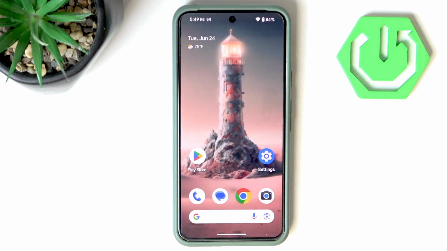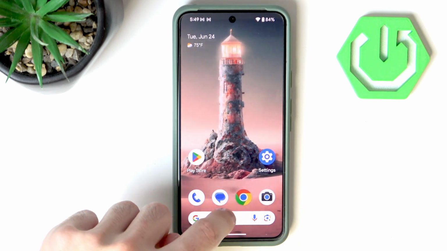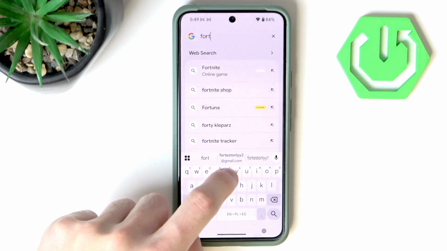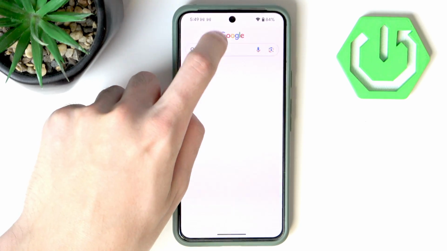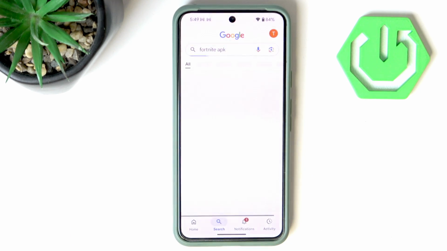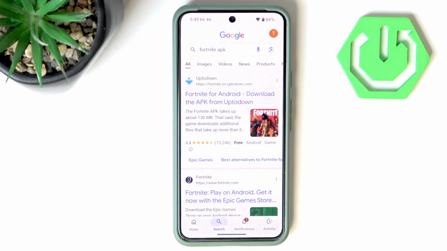You could always try to sideload. I'm not sure if I remember the name correctly, but basically what you want to do is go to the web and search for Fortnite, but instead of Fortnite, let's go with APK, and you can try to download Fortnite from other sources, though we do not really recommend it because these